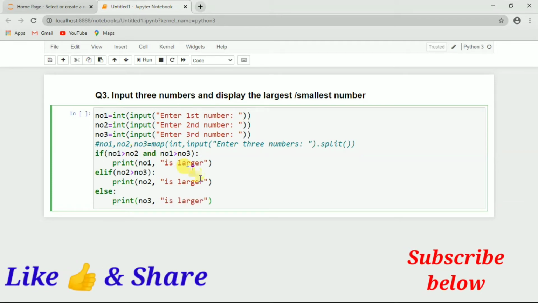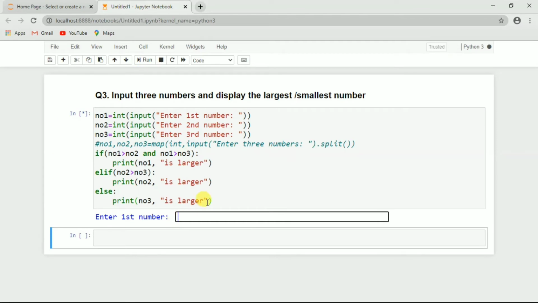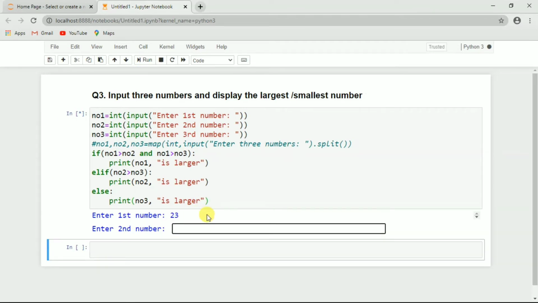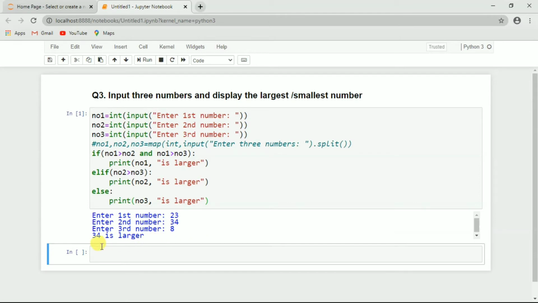Now by pressing Alt enter we will run this program, or we can run it from here. So let's press run. Let's take 3 numbers as input. Let's take first number as 23, second number as 34 and the third number as 8, and here we can see that 34 is the larger. So our program should return 34. Let's check. Now press enter, and here we can see that it returns 34 is larger. So it's correct.